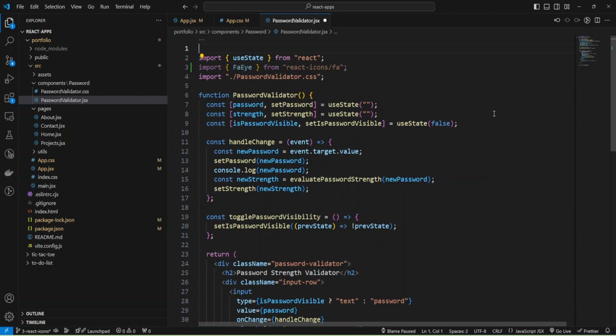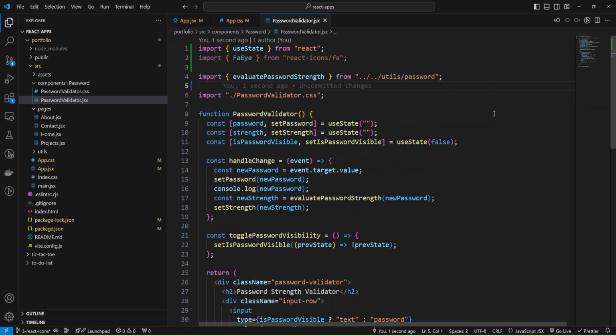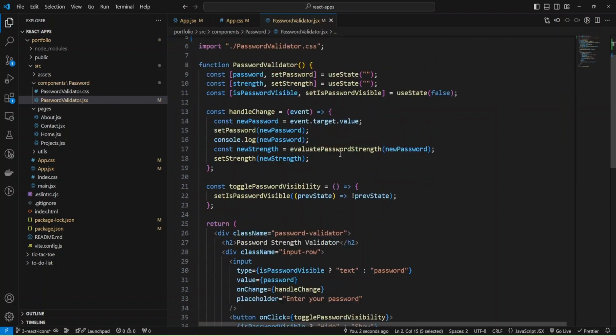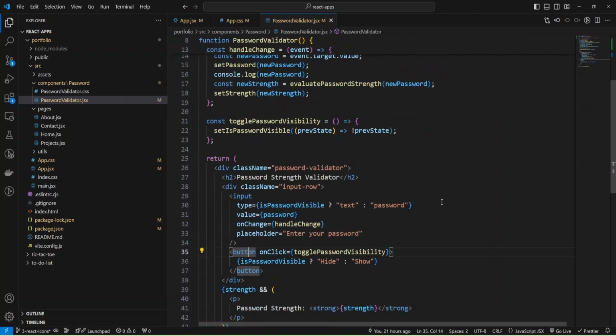Okay, I can adjust my imports. Okay, and now I can use my icon, and instead of button, I have button on click. I can add span, change button to span, and use my icon inside this span.